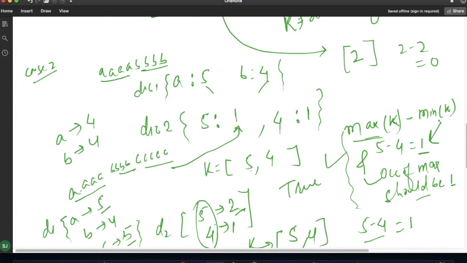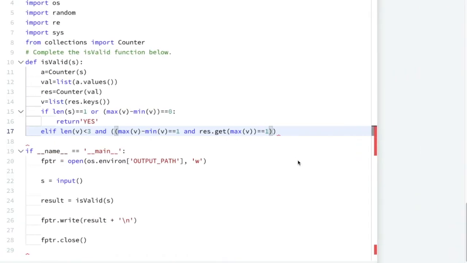Max of k minus min of k equal to 1, and the occurrence of the max value should be 1. So maximum minus minimum equal to 1, and at the same time the occurrence of the maximum should equal 1.